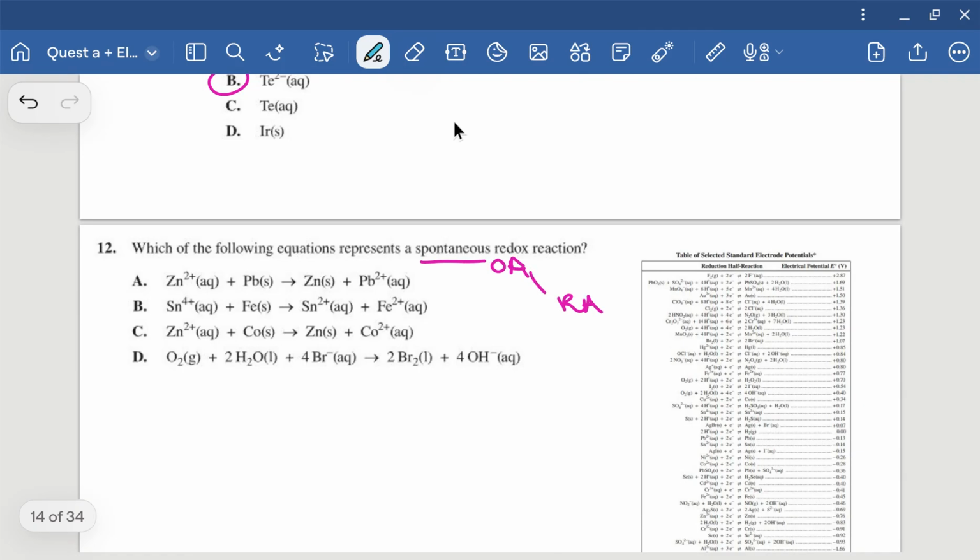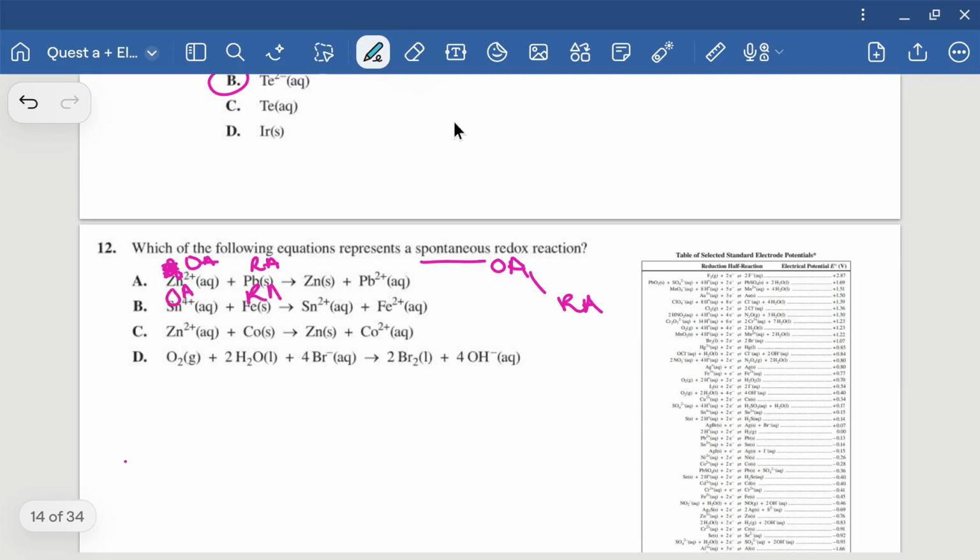So going through question number 12, if I started with the first one, just finding where zinc was compared to Pb, it's going to be my OA. This one, sorry, that looks very messy. I have my OA. This is going to be my RA. Based on placement, my OA is lower than my RA. So if I find it on the table, with the next one, our OA will be higher on the